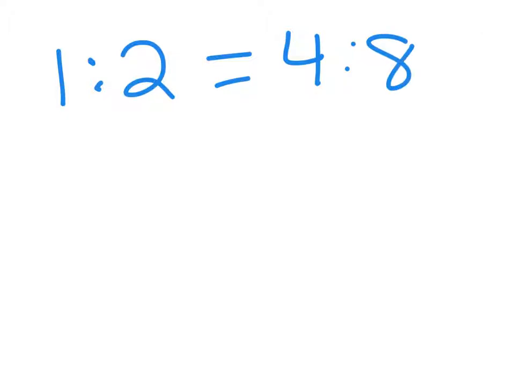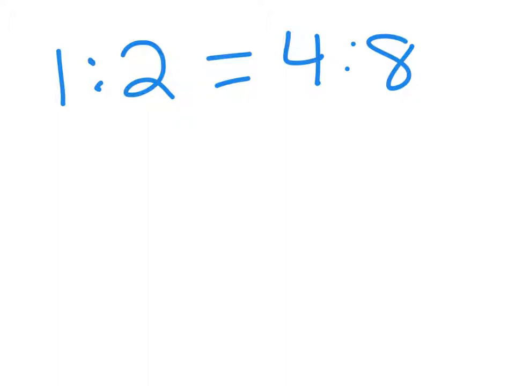Okay, guys, now let's take a look at proportions. Before we were talking about ratios. What a proportion is, as simple as it can be, is simply just two equivalent ratios put together. What I mean by that, in walking you guys through what I mean, if I have the ratio 1 to 2 and set it equal to the ratio 4 to 8, because these two are equivalent ratios,